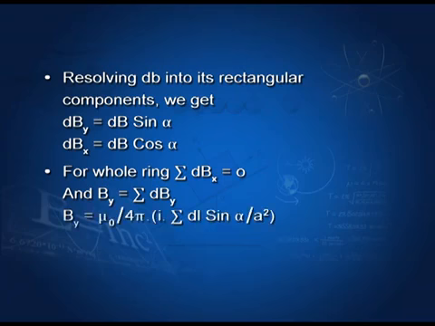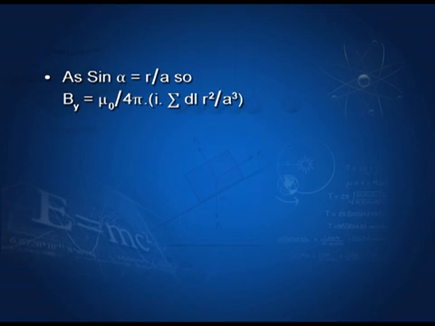So By equals μ₀/4π × I Σ dl sinα / a². As sinα equals r/a, substituting this value, and the summation of dl is 2πr, we get By equals μ₀/4π × I × 2πr² / a³. We cancel 2π with the 4π, so the remainder is 2. We get By equals μ₀/2 × I r² / a³,